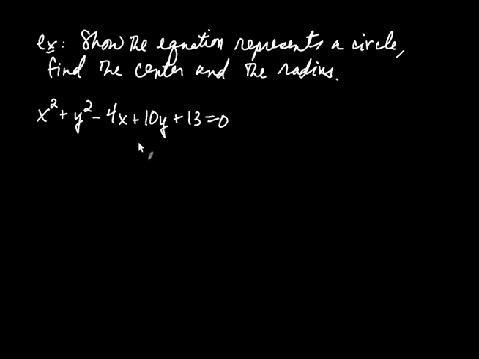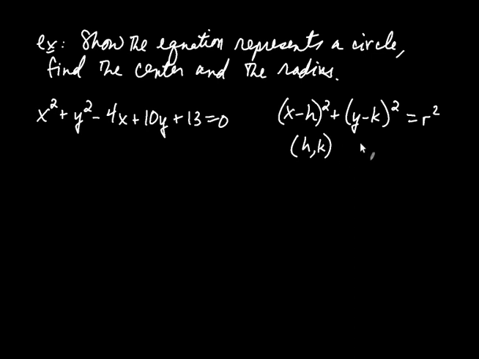So right now what we see is that we have an equation with quadratic terms and linear terms and a constant. So recall that the equation of a circle generally is this. It's (x minus h) squared plus (y minus k) squared is equal to r squared. Now when you write a circle in this way, the center is the ordered pair (h, k), and the radius would be r of the circle. So what we want to do is write the left-hand side of the equation basically in this form, and take the constant over to the other side.